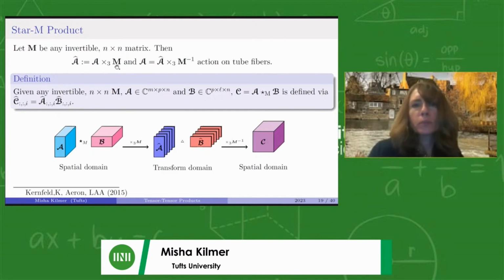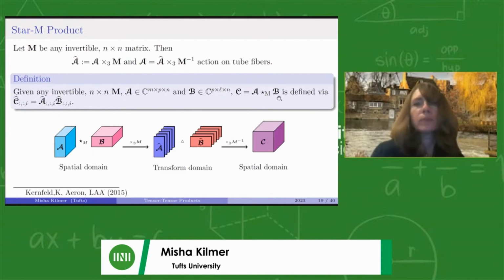Because M is invertible, I can always recover A from A hat by applying the inverse operator along tube fibers. Again, that's basically a whole bunch of matrix vector products with M inverse. Okay, so now that I have that, I fix M, and this star M product between tensor A and tensor